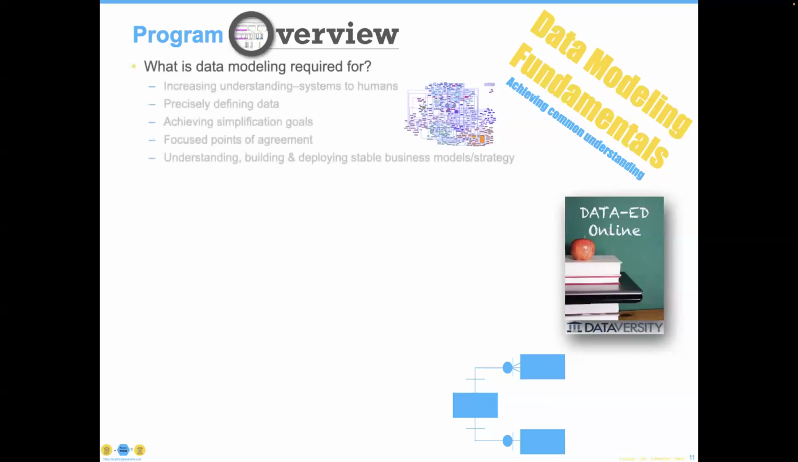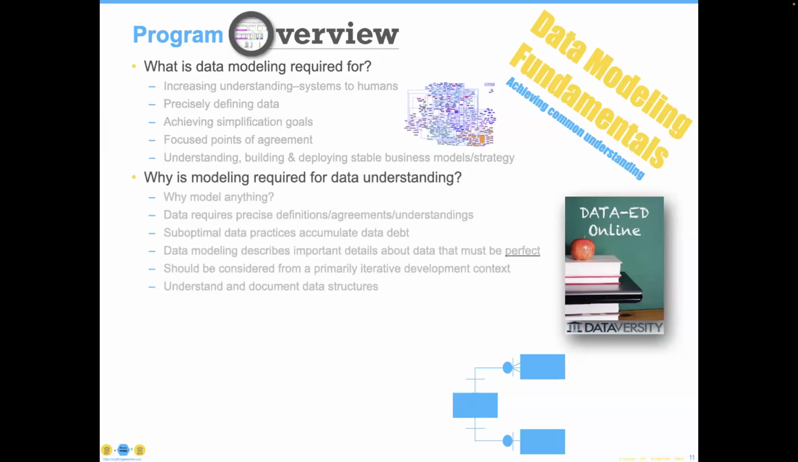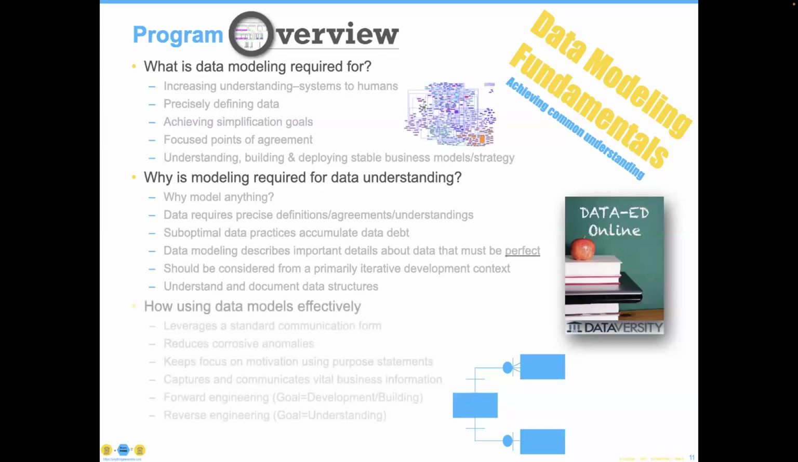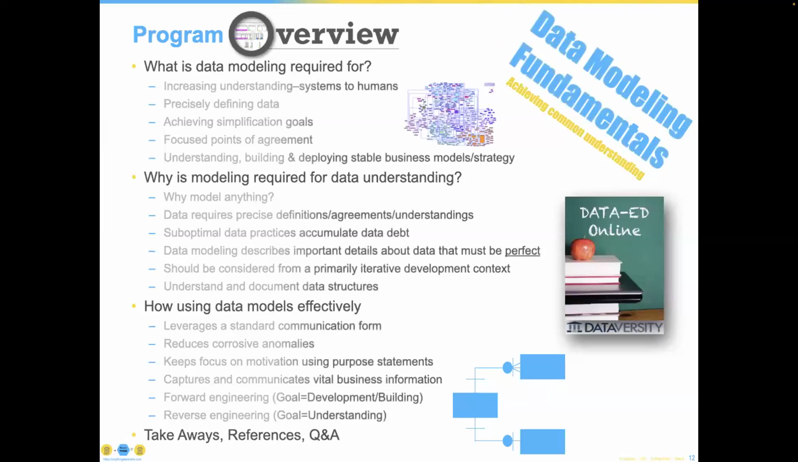So what we're going to cover in the remaining time that we have together for this session is, what is data modeling required for? And then section 2 will be, why is modeling required for data understanding? In other words, you need modeling to do a lot of things, and then we also need to use it to diagnose the way data comes out, and then how to use models effectively. Then we'll, of course, get to the part where we invite Matthew back on and go for some Q&A around this whole subject. So let's dive in